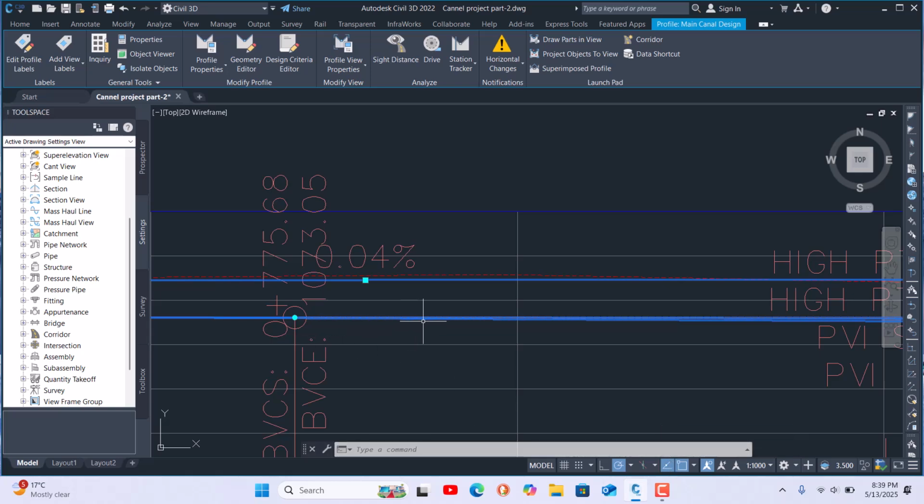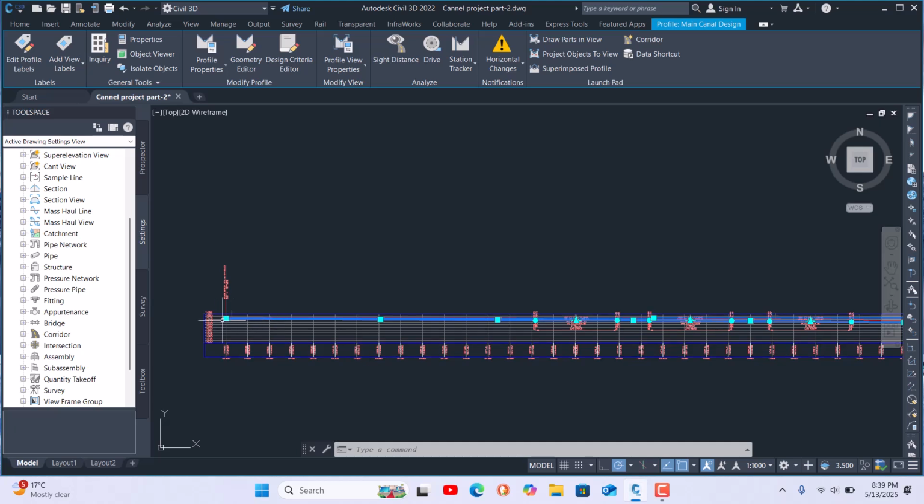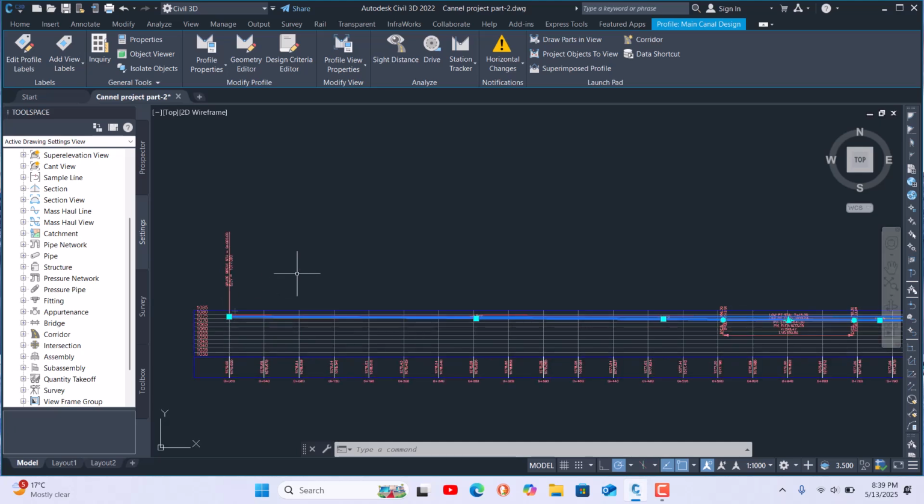Okay, so the design profile is now completed, and in the upcoming video we will create an assembly for our canal. Then we'll create a corridor. Then we will create the sections.